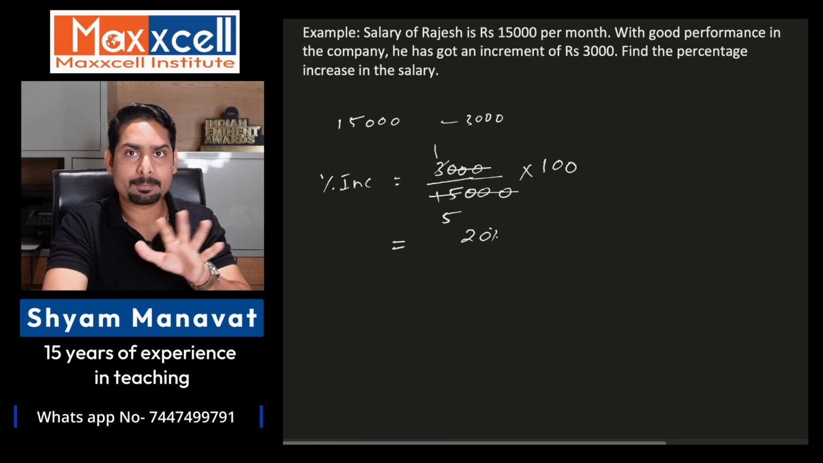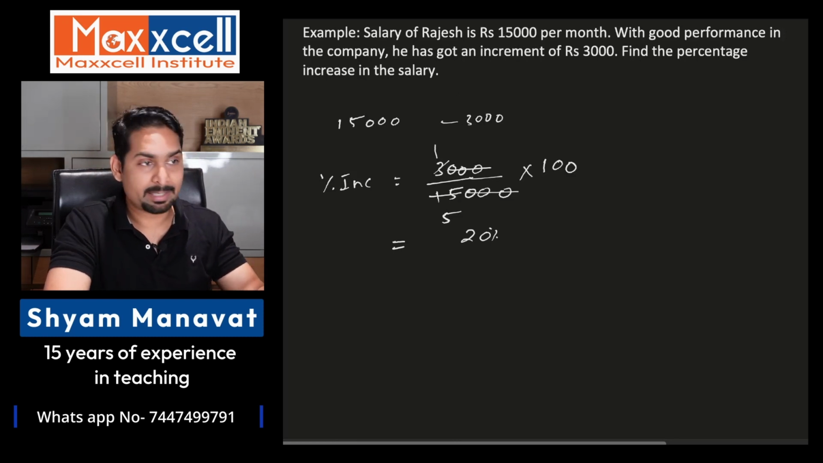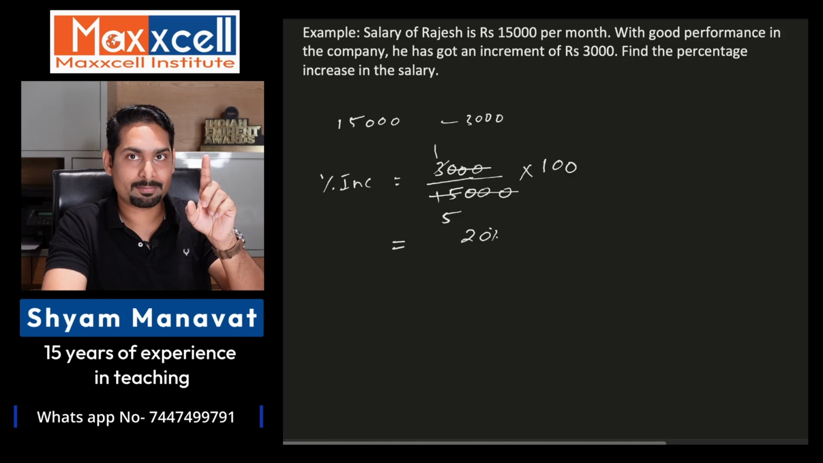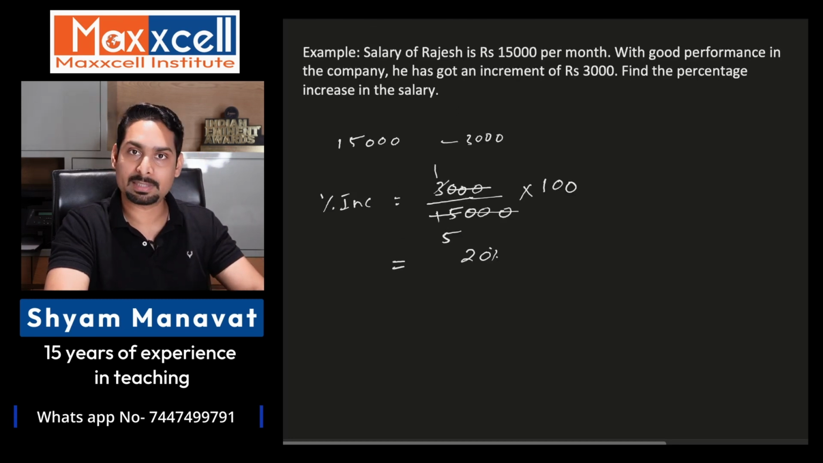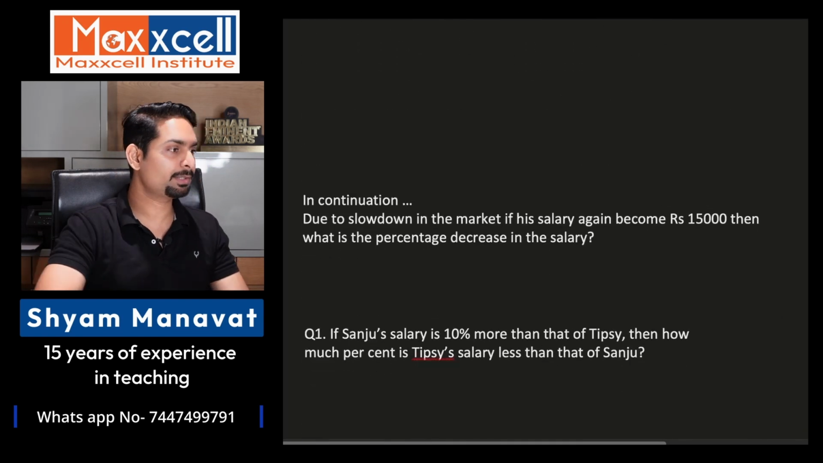I have not made much use of that fraction percentage table, but yes, if it is 1 upon 5, you can cancel this, or you can also, by remembering 1 upon 5 is 20%, directly write 20% from here. Okay. Now, in continuation of that,